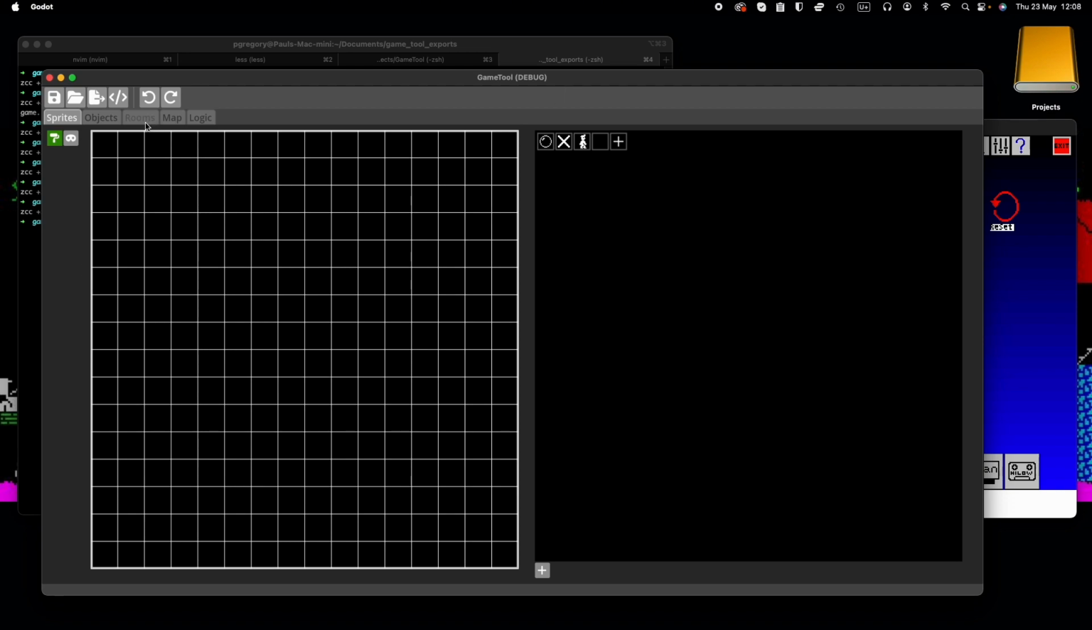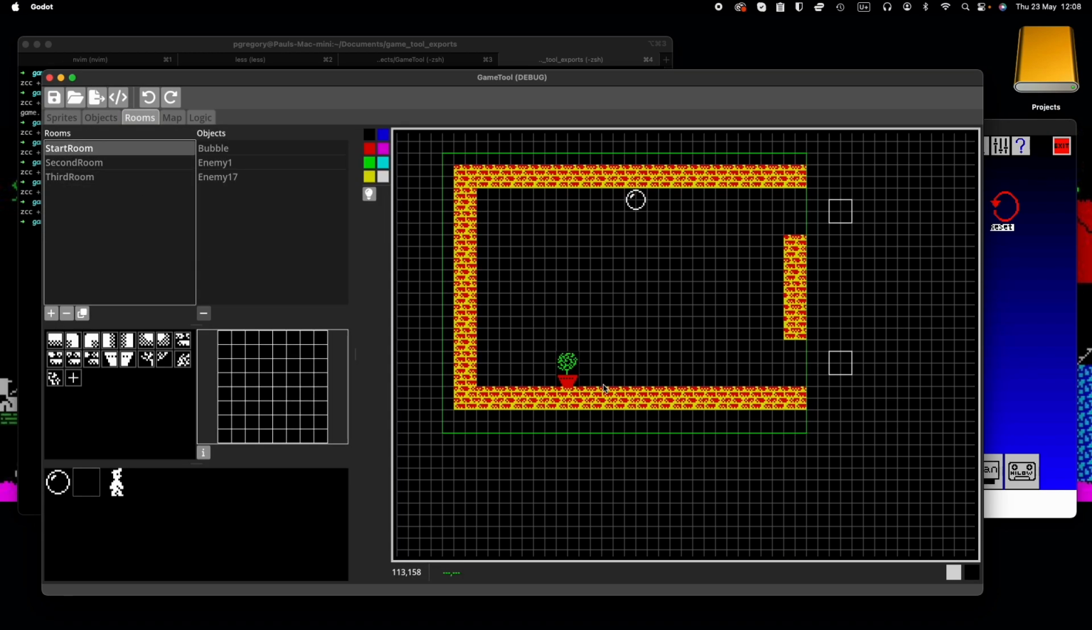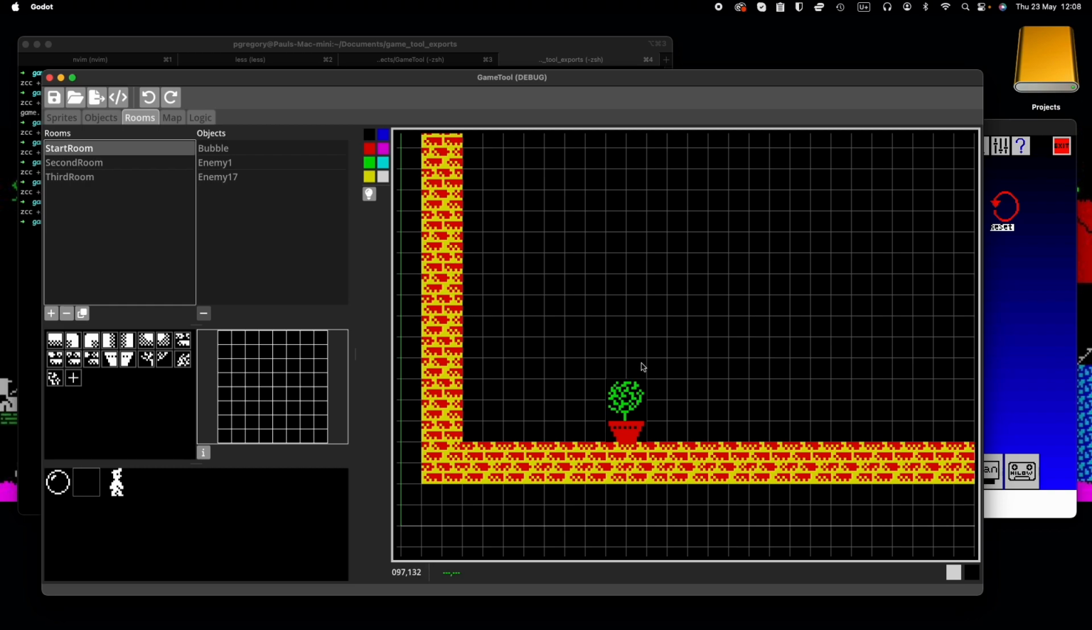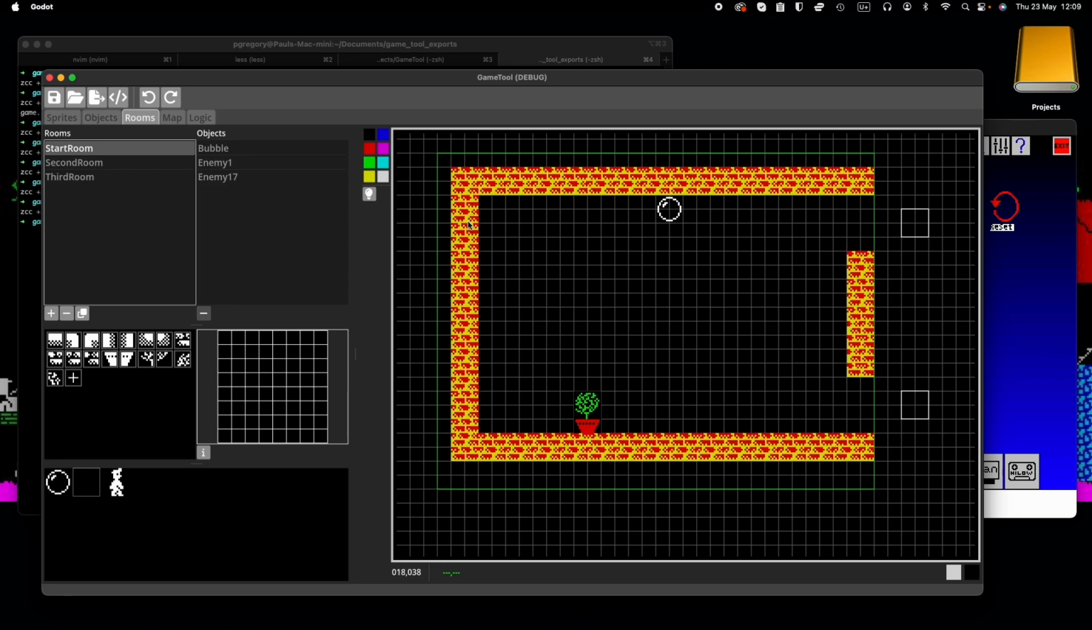So I've got the game loaded, the standard demo game, and if we look at the start room, you'll see that I've added a few more tiles to create this very rough looking plant pot. Now I'll demonstrate firstly an export with things as they are. So this is basically all of these tiles have been marked as solid, which means objects cannot by default move through them. So if I do a quick export